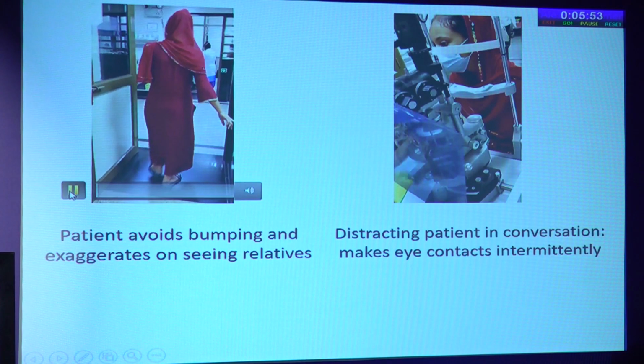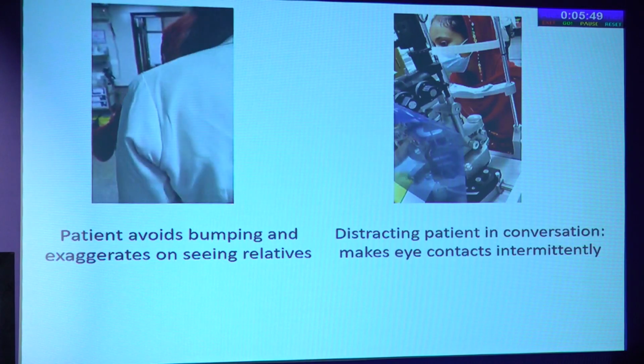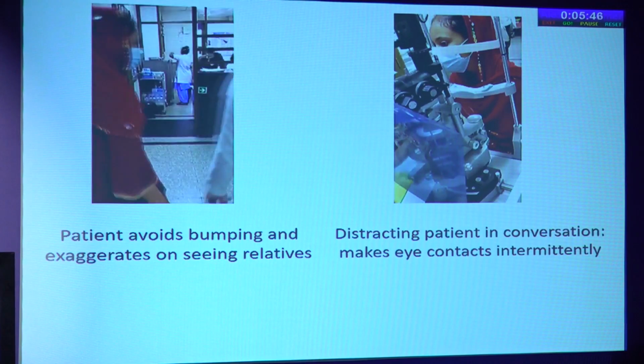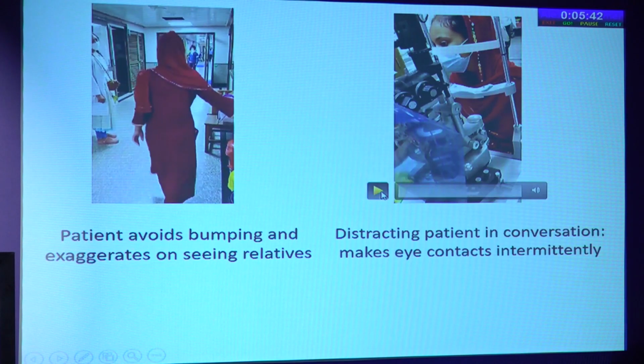And this was her... avoiding her bumps. She seemed to nicely navigate through the door, and then the relatives would come and then she starts laying her hands and trying to search for objects. And then you keep the